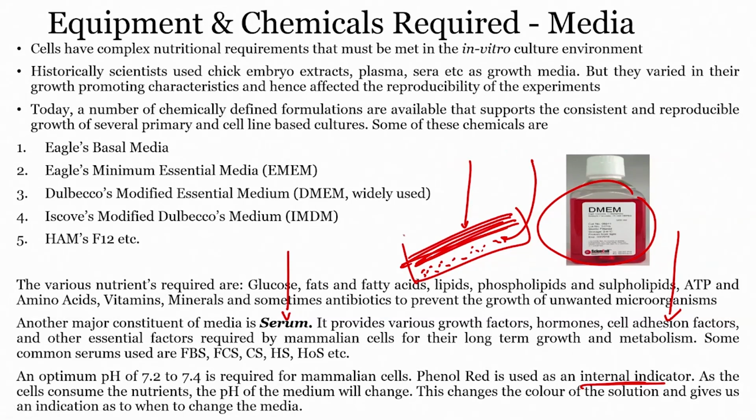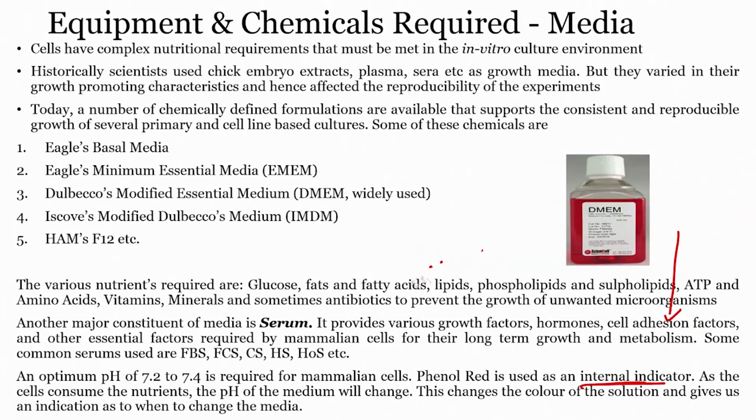You got it? So, initially it is red, and as the cell grows and consumes the nutrition from the media, the color of this media changes from red to yellow or golden color or light brown color. Okay. This changes the color of solution and gives an indication of when to change the media. So, when you see this, you have the indication that the nutrition from the media has been consumed by the cell and it is time to change the media,